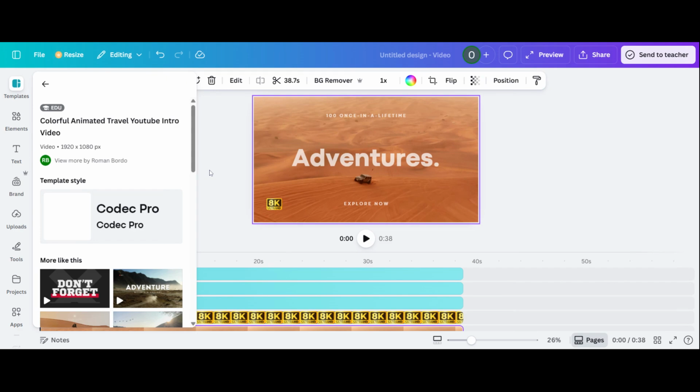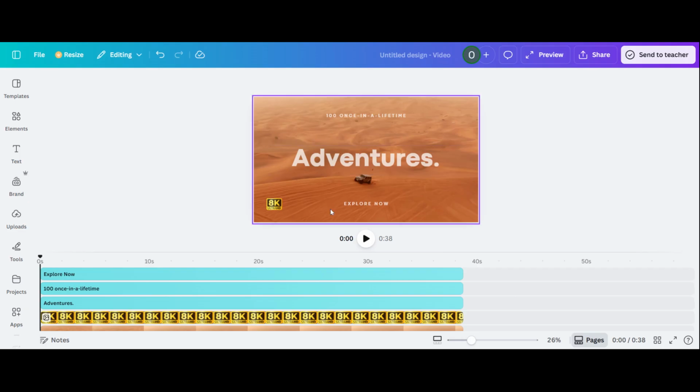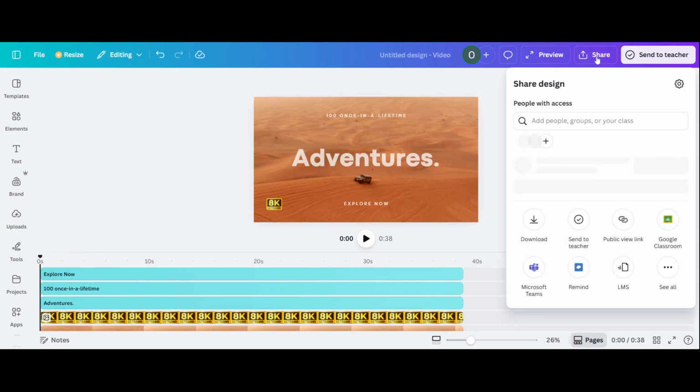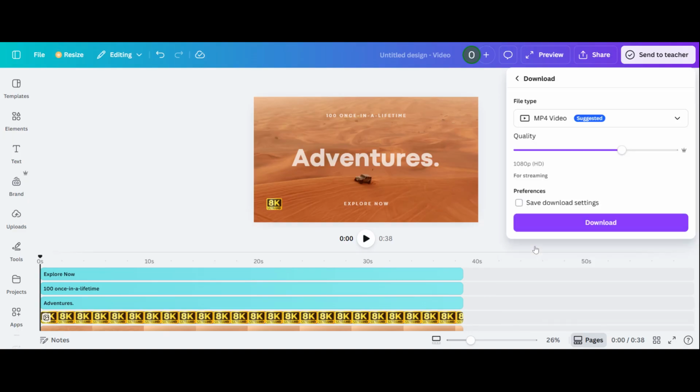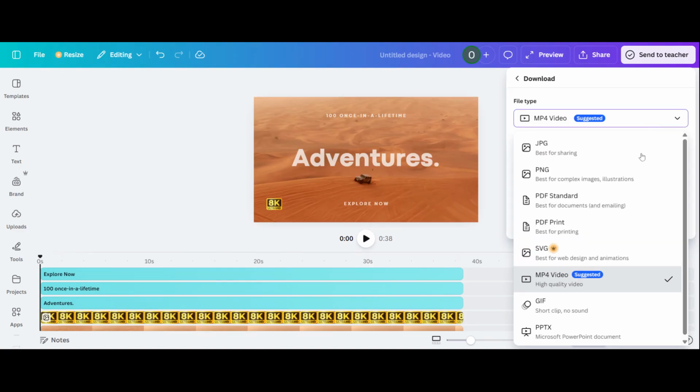Once your video design is ready and you're happy with how it looks, go to the top right corner of the editor and click on the Share button. This opens up several sharing and export options. From the menu, click on Download. In the download settings, make sure the file type is set to MP4 video. This is usually selected by default, but it's always a good idea to double-check so you don't accidentally download the